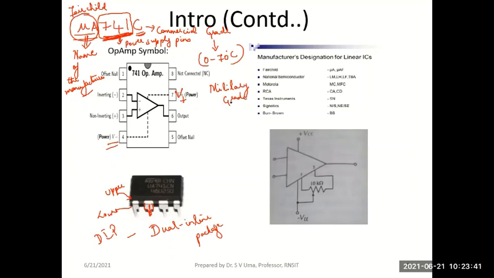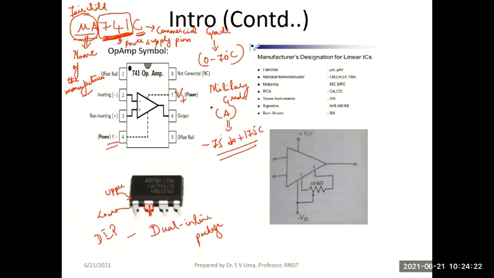A military grade IC is represented with the letter A. If I use 741A, then it means it is a military grade IC. This military grade IC works from minus 75 to plus 175 degrees centigrade approximately. This will vary from manufacturer to manufacturer, but usually you can assume it will work in the range minus 75 or minus 50 to plus 175, a huge temperature range. Can you tell me where we will make use of military grade ICs?